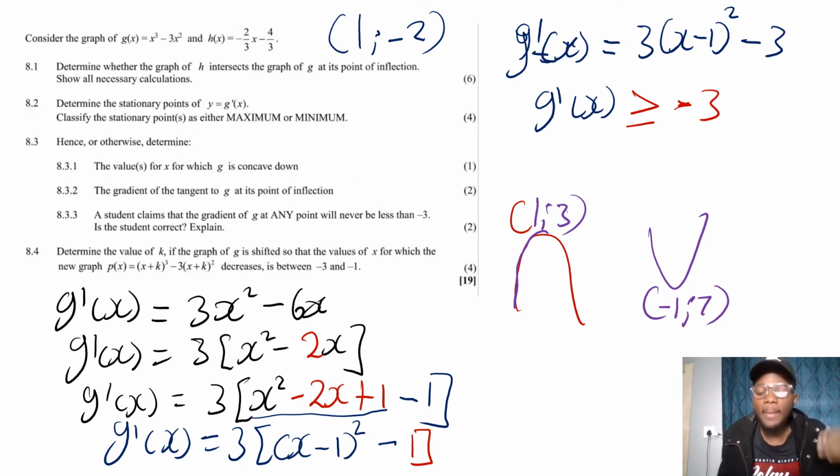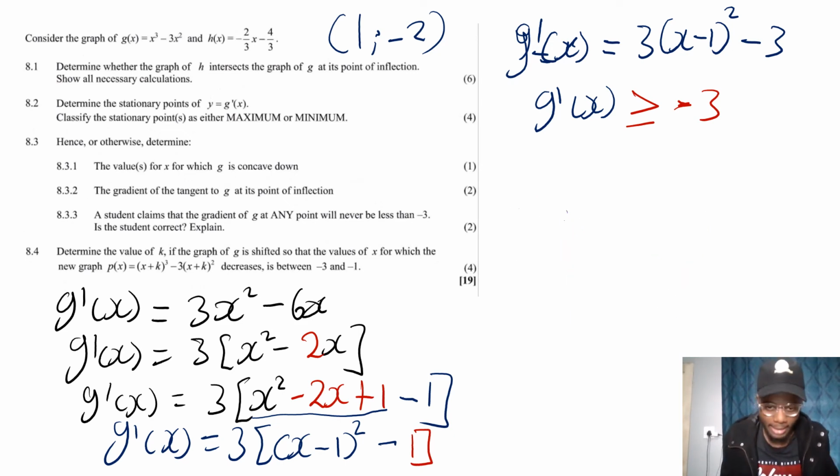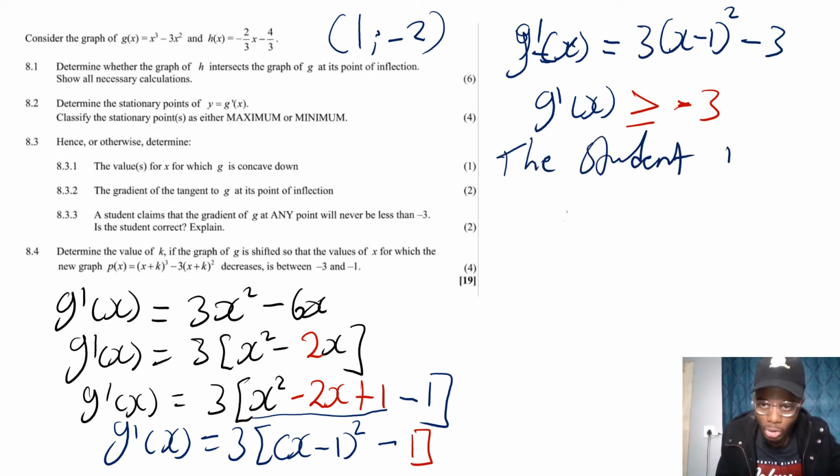You understand? It's the minimum gradient. Yes, it's the minimum gradient, because that's the equation of a gradient. So indeed, there will be no gradient that can be less than negative 3. Negative 3 is our minimum gradient. So the student is correct. Therefore, the student is correct,